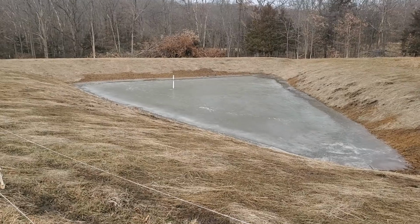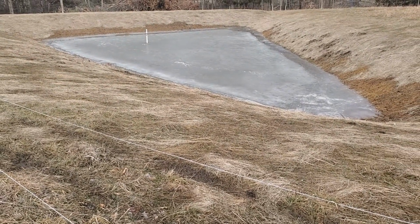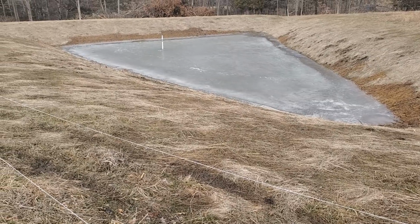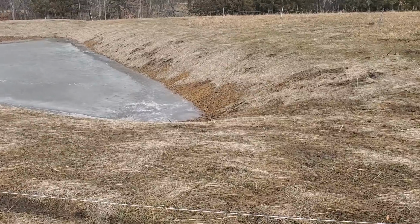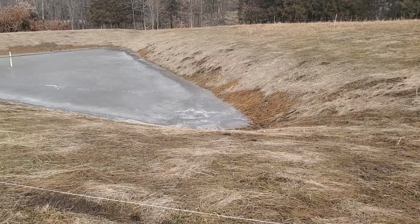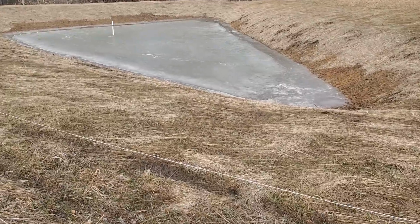Do you notice we got it all seated down, and we got a wire around it. There are no animals going to be allowed to get in that pond. And once it gets filled up, we will move that wire in a little bit, because that's all been seeded